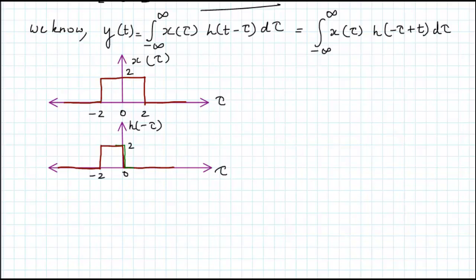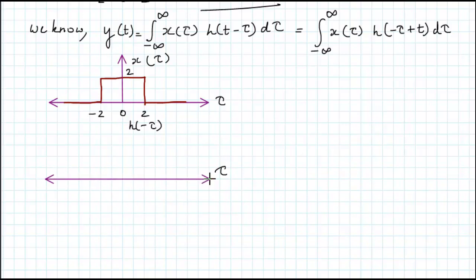That means I will draw h of t in such a way that, okay, let me draw it again. So if this is tau, then I will try to draw the h of minus tau in such a way